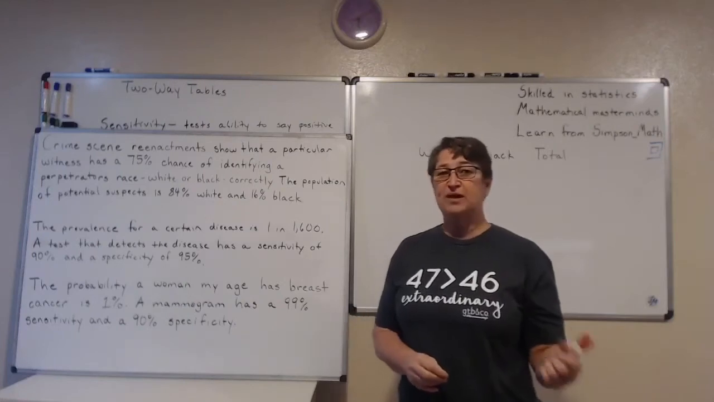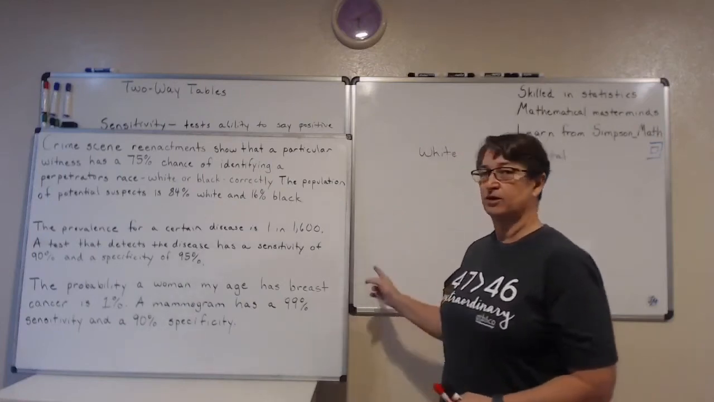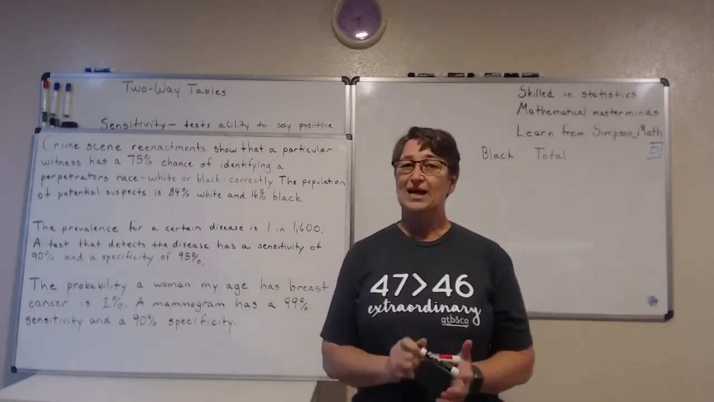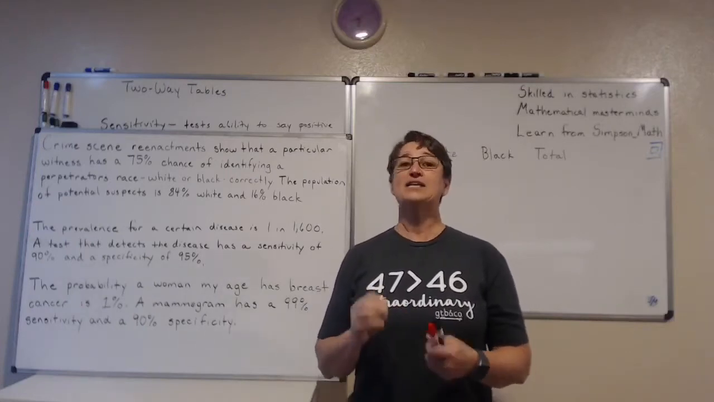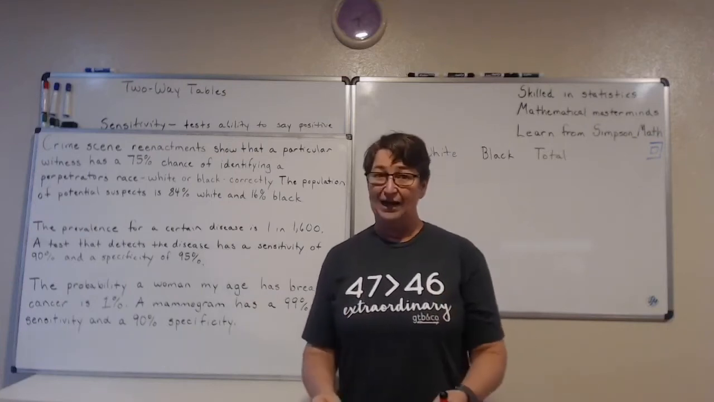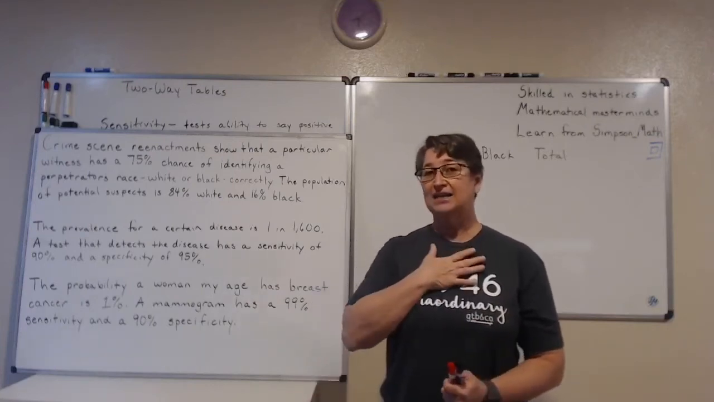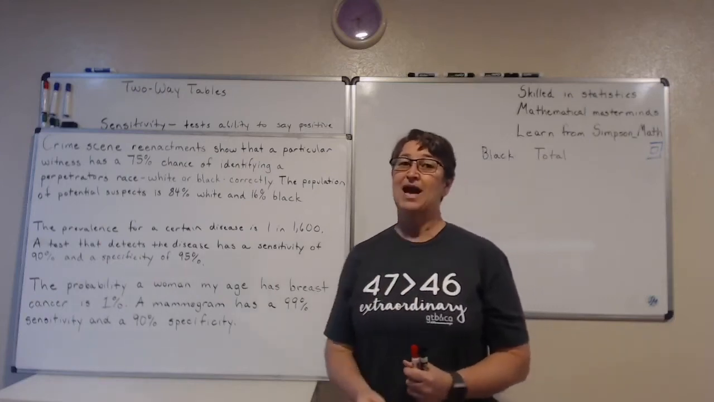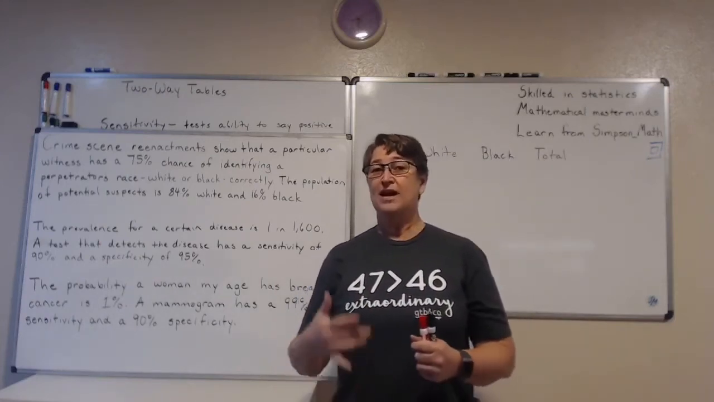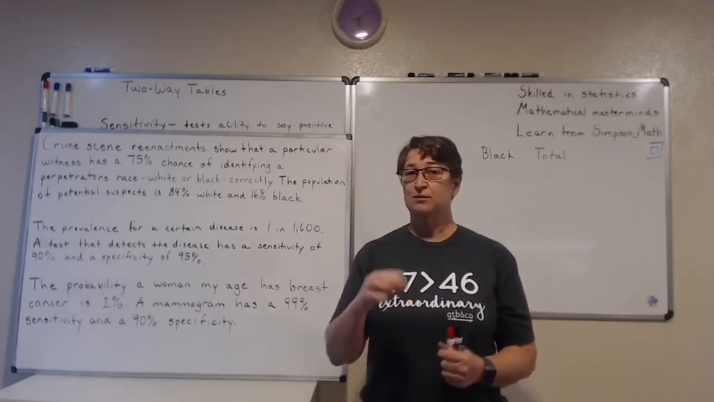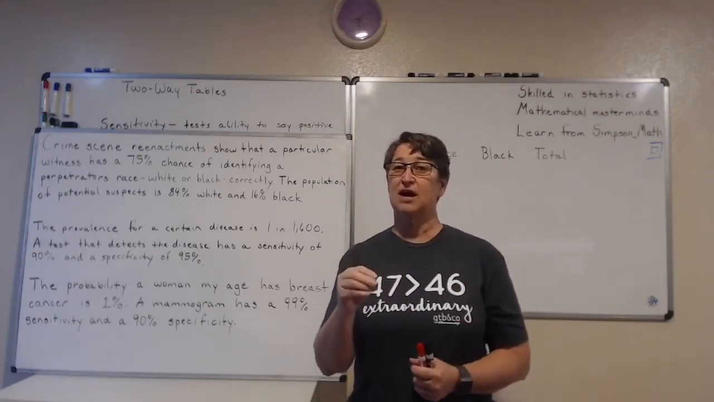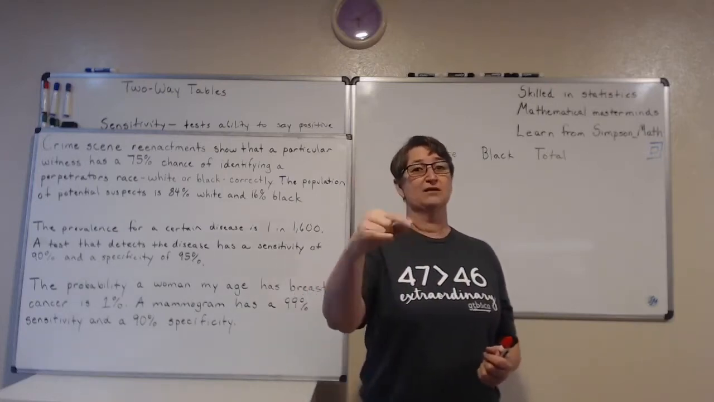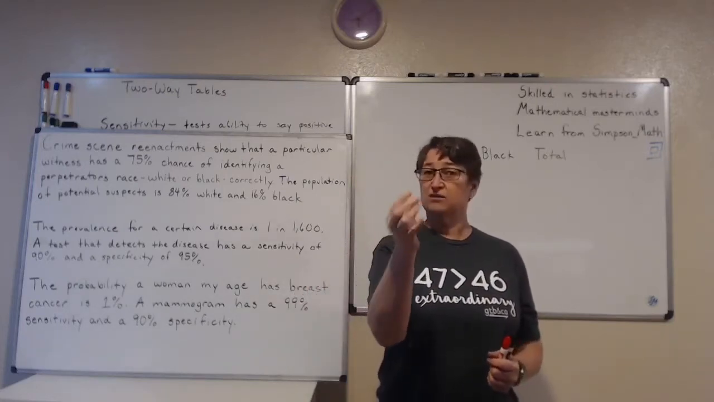Now we do have to be careful about our labels here, because if I identify a white person correctly, then I am identifying them as white. But if I identify a black person correctly, I'm identifying them as black. So in that case, correct means two different things. It means I'm white and black. So instead of using the labels correct and incorrect,